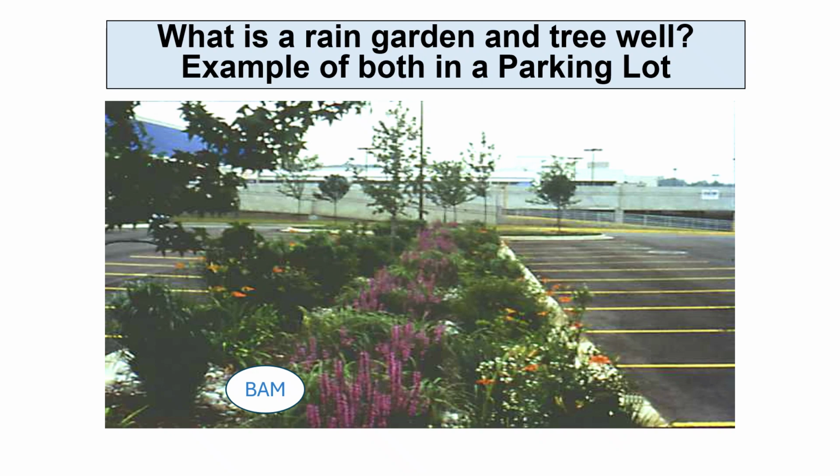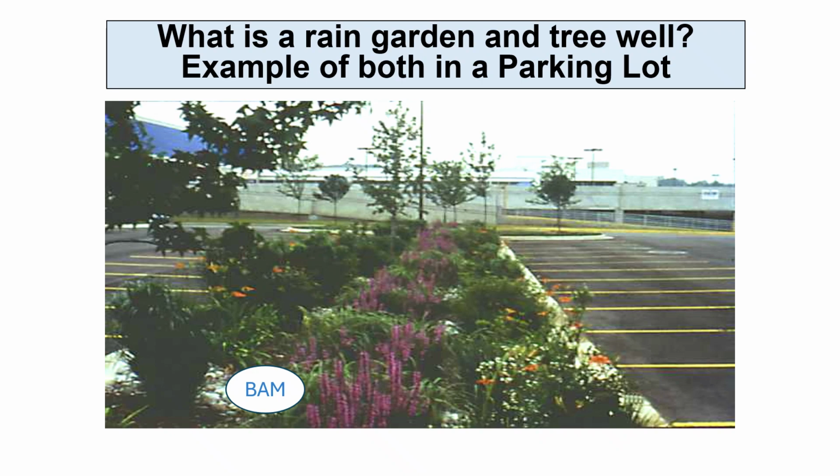However, a key distinction is that tree wells usually don't have additional vegetation within the well itself, focusing instead on the tree. Both rain gardens and tree wells are commonly integrated into urban landscapes, especially near roadways or in parking lots, as a way to manage stormwater. The image here provides a clear example of a rain garden situated within a parking lot. This particular design also incorporates biosorption activated media, or BAM, which is used to enhance the treatment process and protect